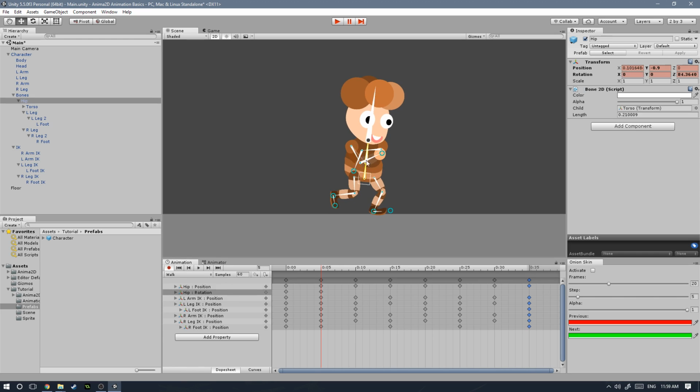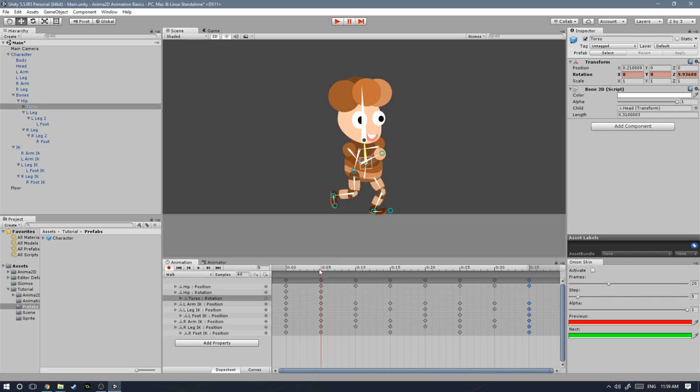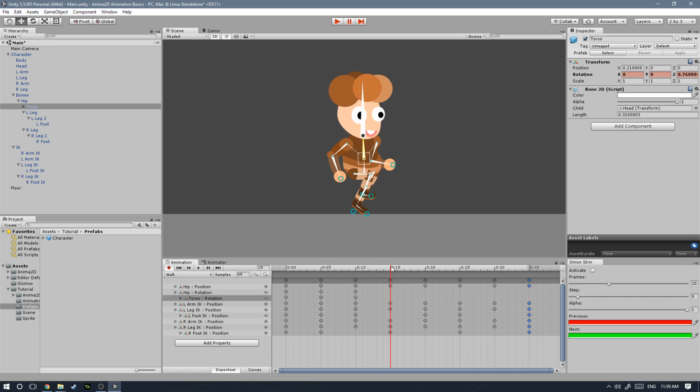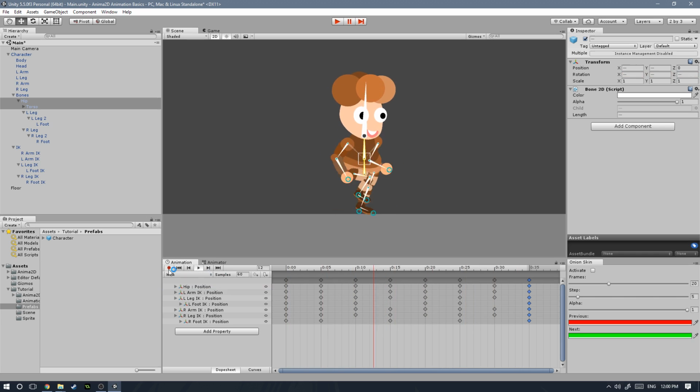And if we want to give our character a little bit more life, we may want to rotate the bones of the body a little bit so that it goes like that maybe. And then we bring it back some, like so. Just move the torso around a little bit to create more life so that it doesn't look like he's just a chopstick or something that is walking. But that was just to illustrate that you should play around with the animation you've created. Once you have these keyframes, these base positions, you should play around with them